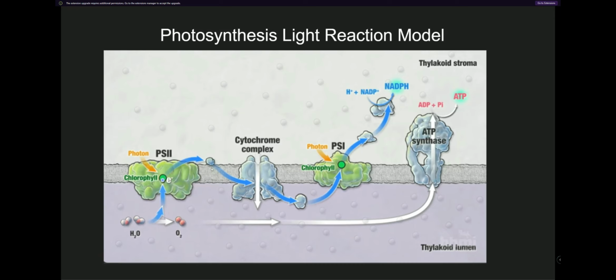Micah left off right here, where an additional electron carrier carries this electron to the cytochrome complex, and then the cytochrome complex sends it to the PS1, where inside the PS1, a photon excites the electron, so it has enough energy to be sent up to an enzyme with hydrogen and NADP+ to help form NADPH. The reason why we need NADPH is because NADPH is a reducing agent produced by the light reactions of